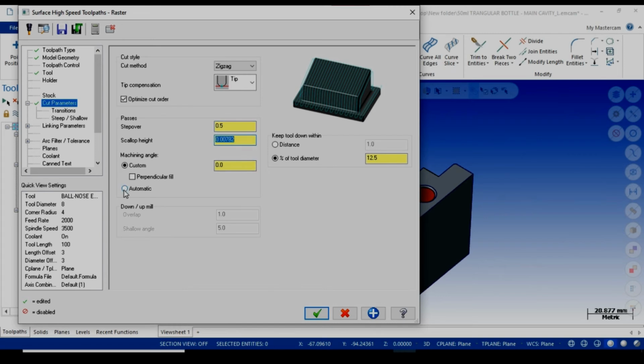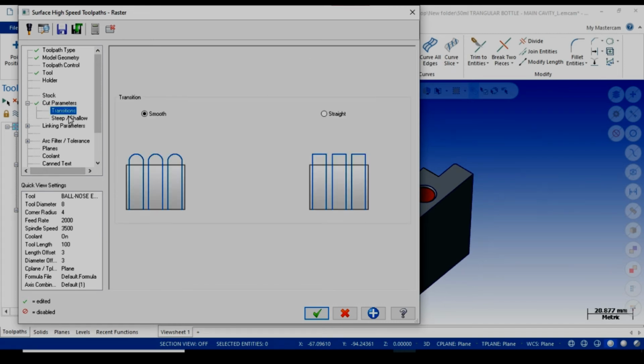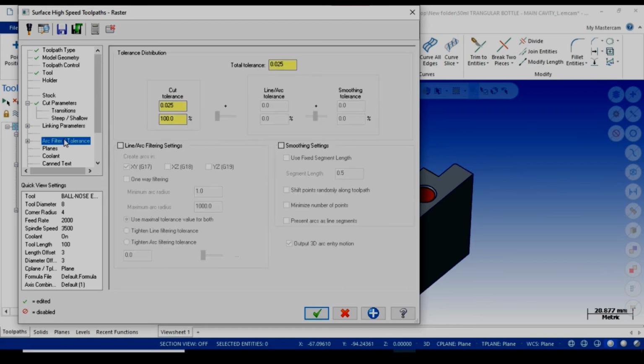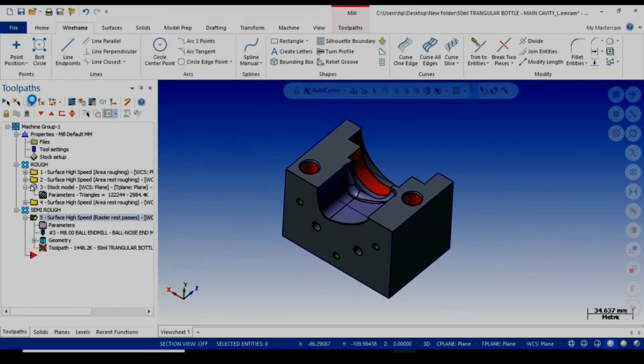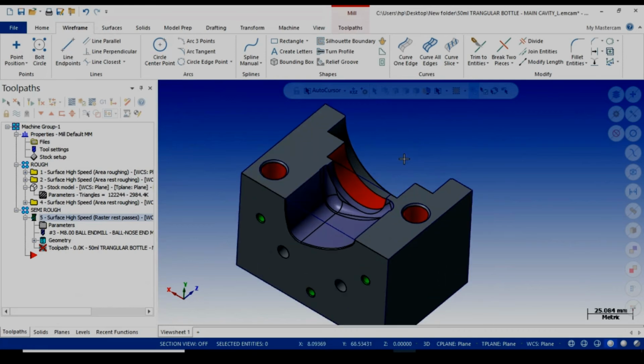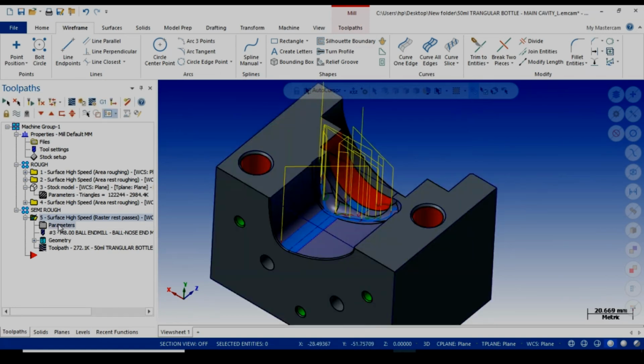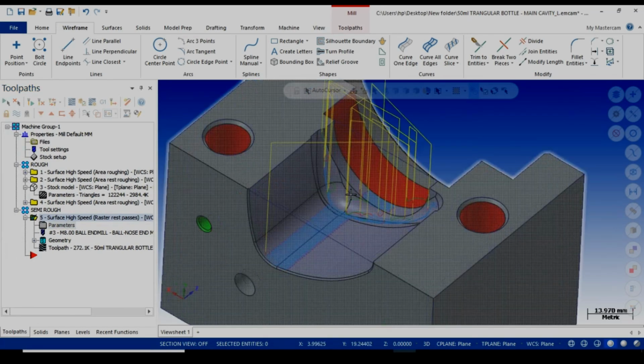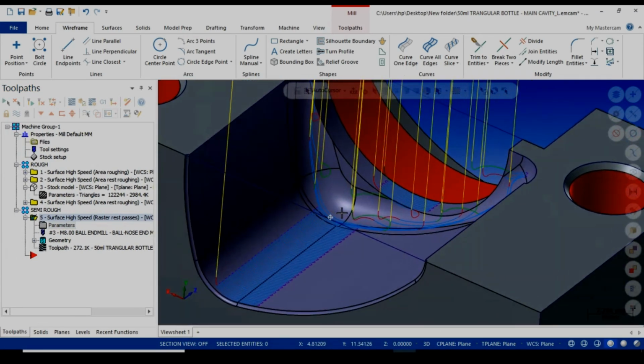Then you can see it has created the raster toolpath, but it is considering the rest material.